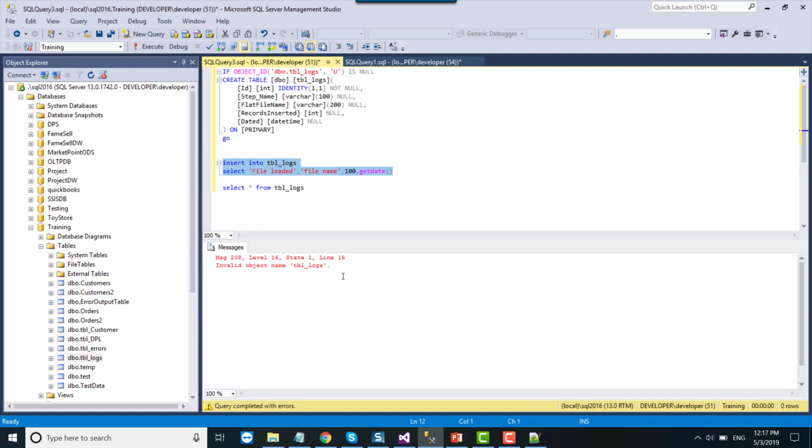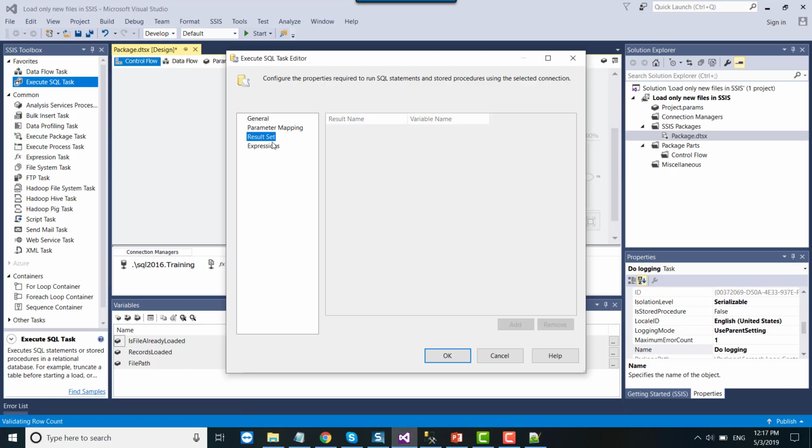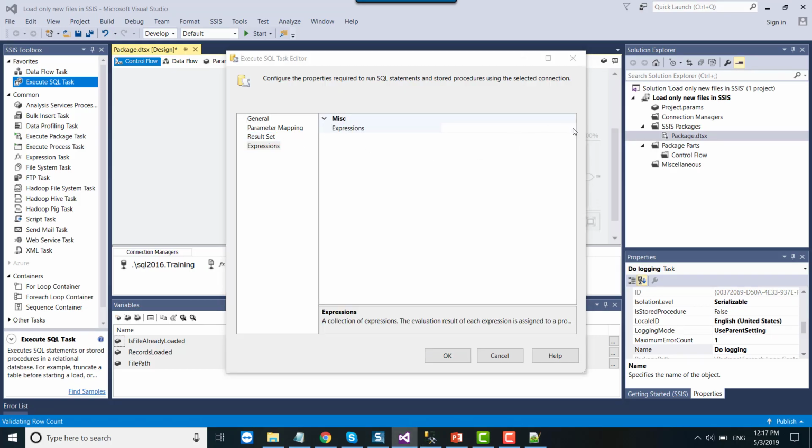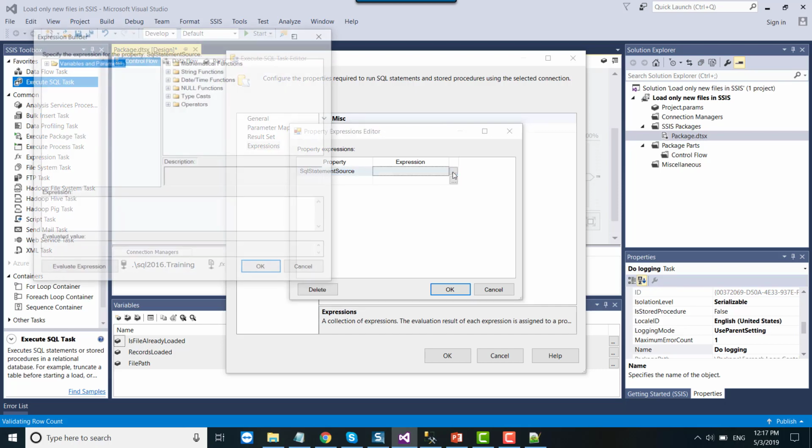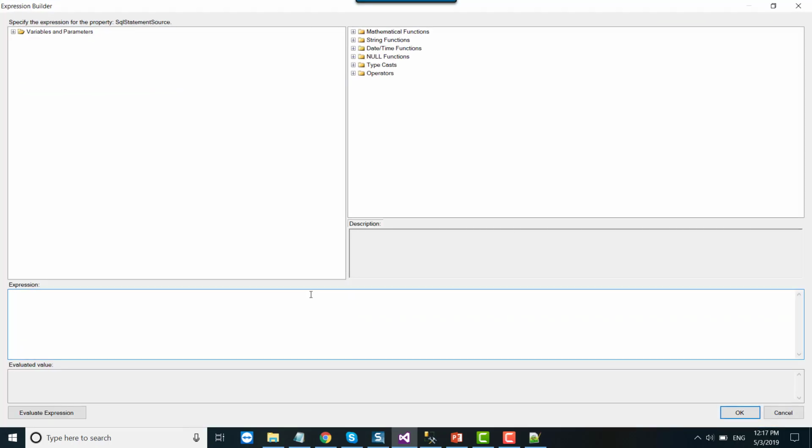Okay, I can copy this one, and then under the expressions select the SQL statement source and then paste it between the double quotes.